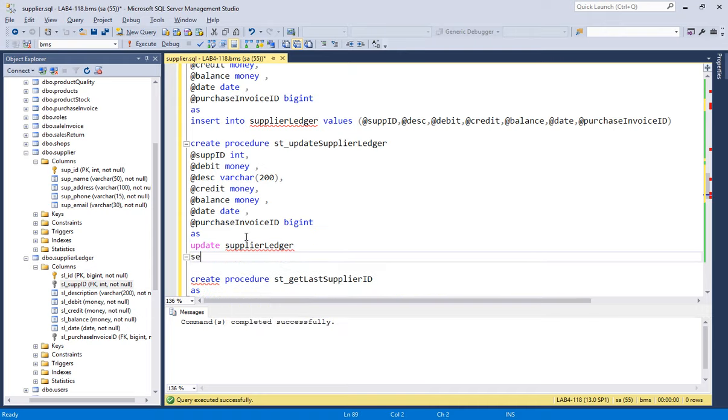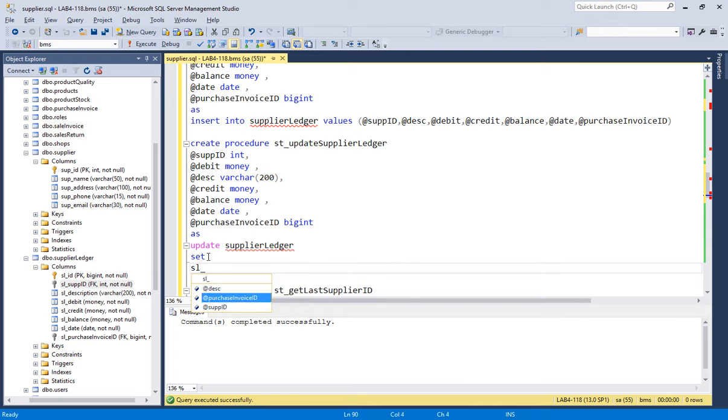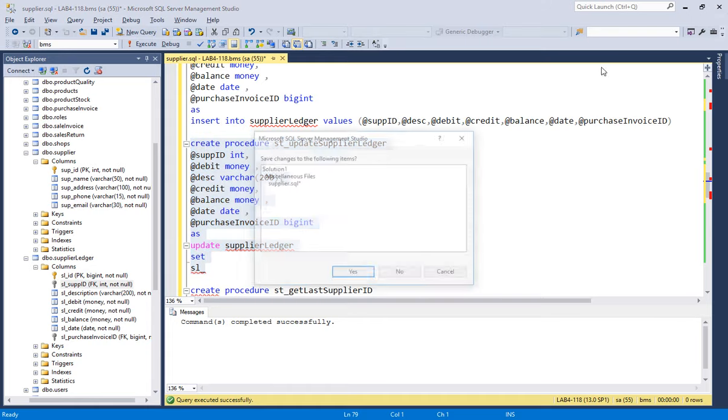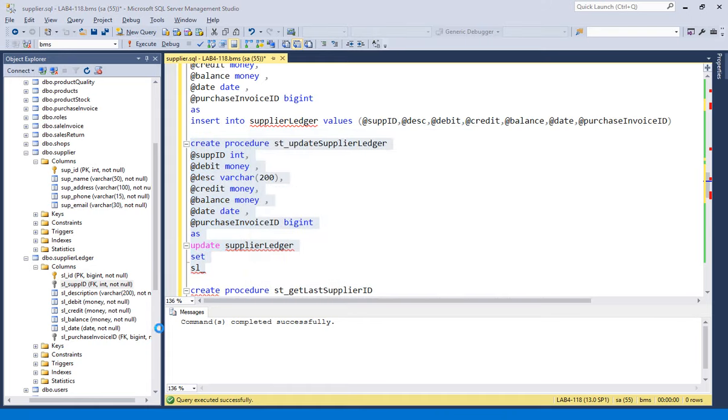Okay, set the column names. The column names in the supplier ledger: the first thing is the SL underscore supplier ID. One more thing that I must mention here is, first of all close this and then restart